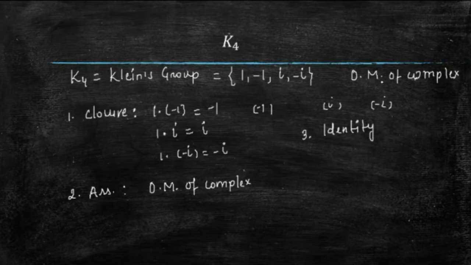Since we are doing multiplication, make it a habit that whenever the binary operation is multiplication, you first check whether 1 is there in the group or not, and try to see whether 1 is the identity or not. So clearly I can say that 1 is the identity because when you multiply 1 with any other element you will get the element itself. So for any a in the set K4, a into 1 will be 1 into a will be a, and hence 1 is the identity. So this member here, the very first member, becomes the identity.